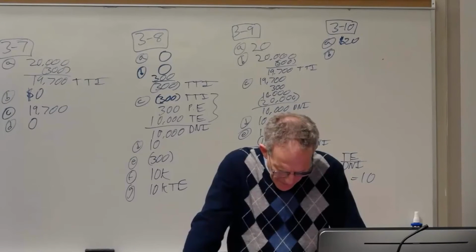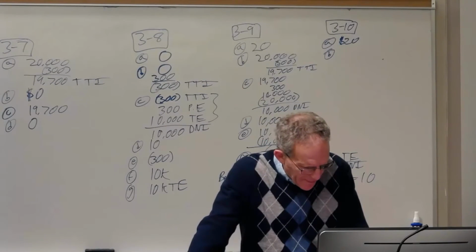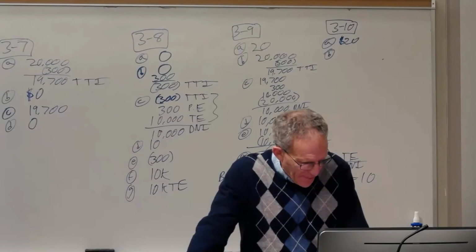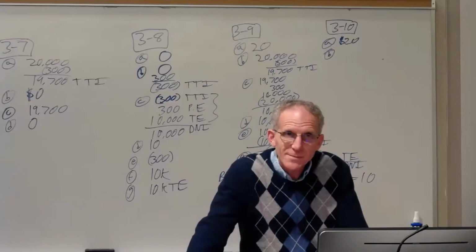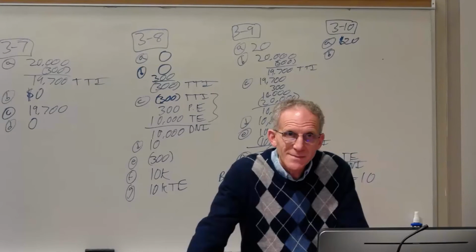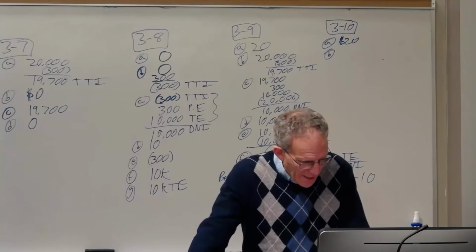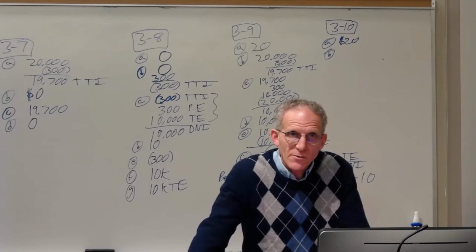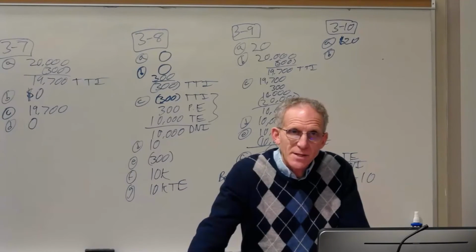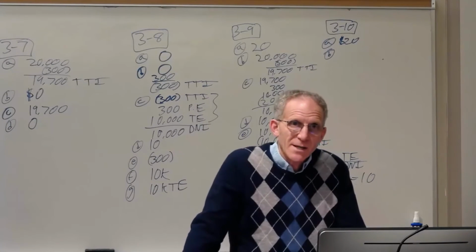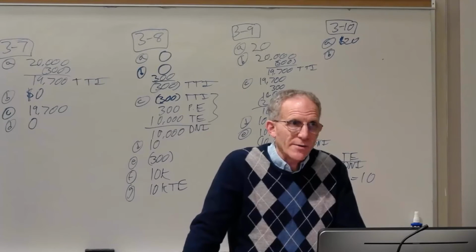What's the trust tentative taxable income? And I think you're chomping at the bit for this one, Yoni. $29,700. But why don't you go back? The gross income is 20,000. Why wouldn't you just take the gross income plus the exemption? That's what we've done consistently. So it's 19,700. Everyone agree? 20,000 less 300.